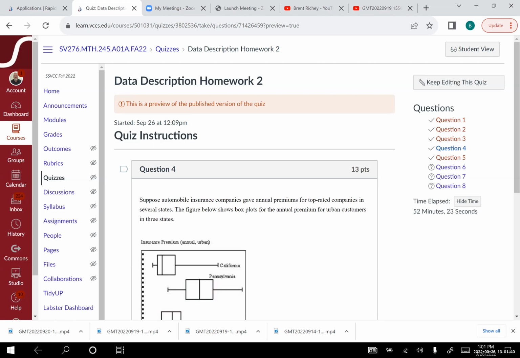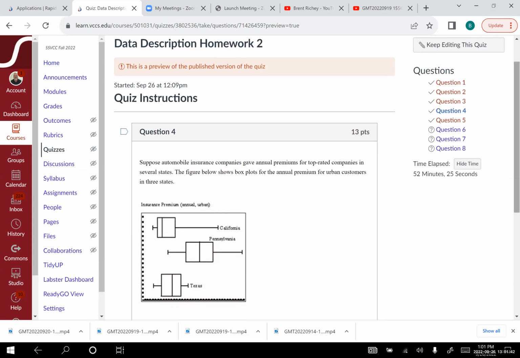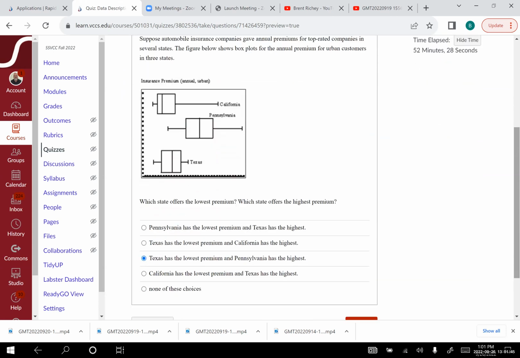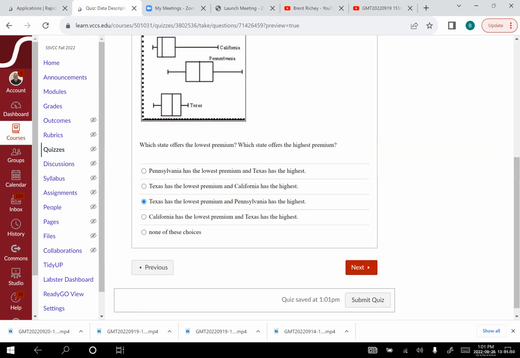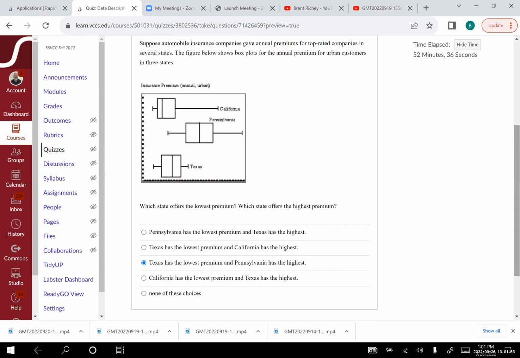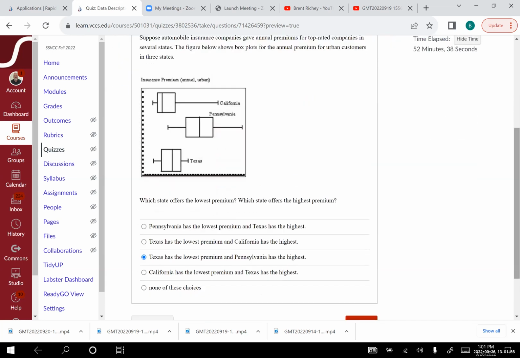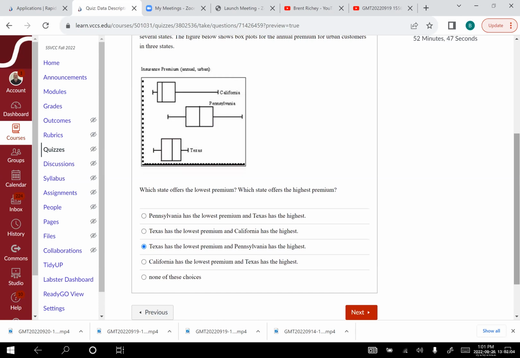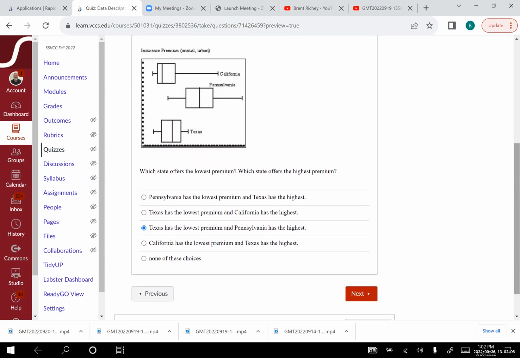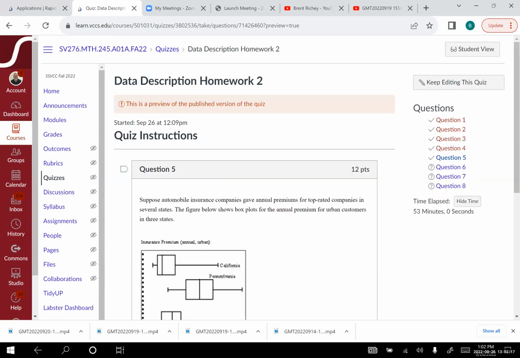Those are what you want to take a picture of. So you put in the answer that they want, so you get 100 on your homework question. You obviously know how to do this. That's not the issue. The issue is their stupid graphs. But the 4th one we did correctly, right? Texas is lowest. It looks like that to me. Hopefully that's the same answer they have. There's a difference between the right answer and the answer they have. I apologize for that, but it is what it is.